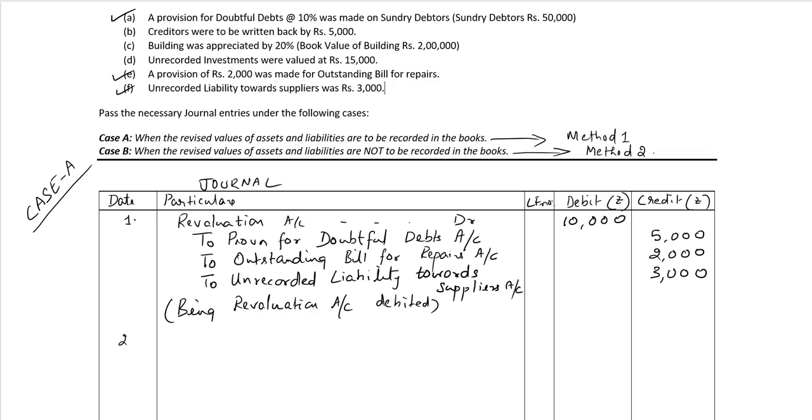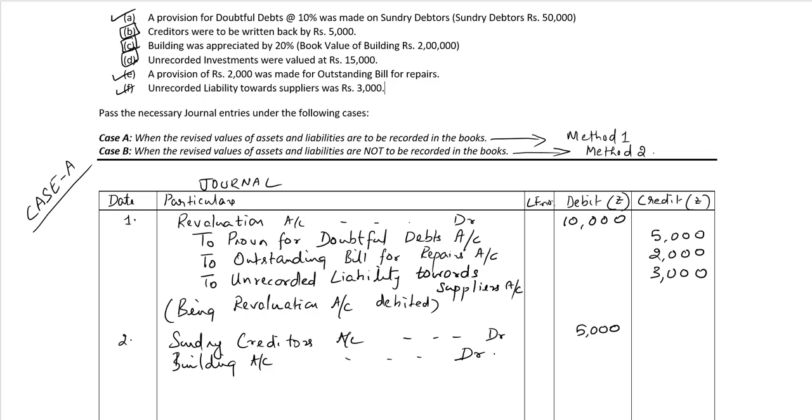We'll pass the next journal entry for crediting the revaluation account. B, there's a decrease in the value of creditors. C, there's an increase in the value of asset building. And D, you need to bring an unrecorded asset of investment into existence. Sundry creditors account debit, rupees 5,000. Building account debit,